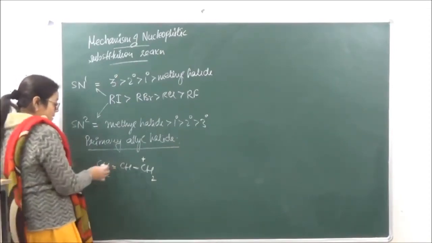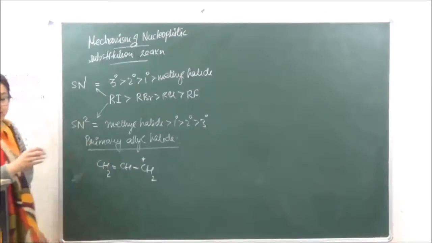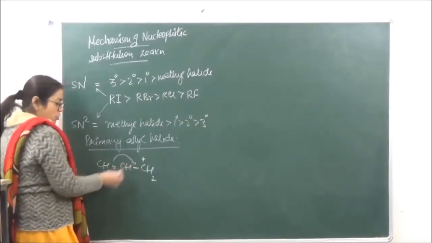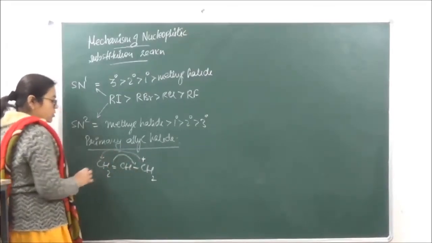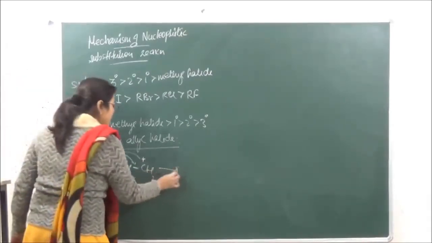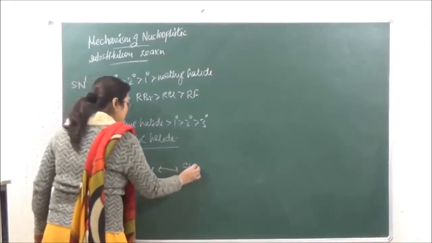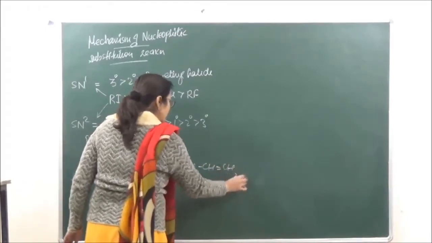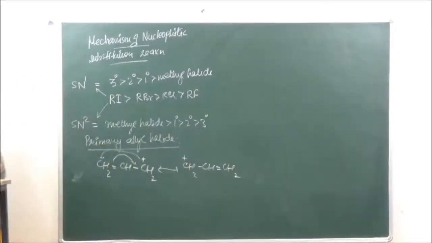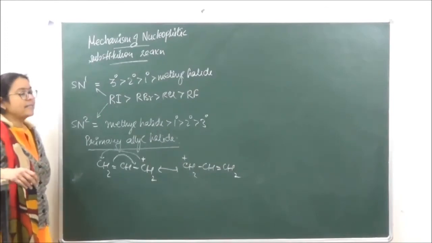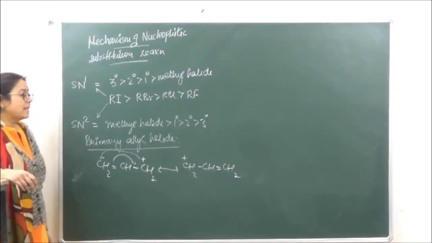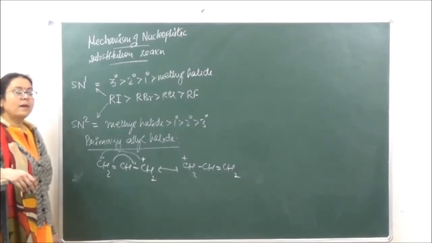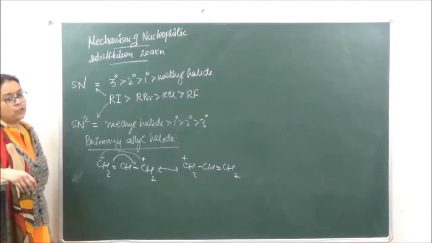How? That double bond which is here, that is going to shift to this position and the positive charge will shift to this position. So the resonating structure of this, that is going to be CH2 positive, CH double bond CH2. Because the positive charge of this allyl halide is resonantly stabilized, therefore this is going to show reactivity according to SN1 mechanism and not according to SN2 mechanism.